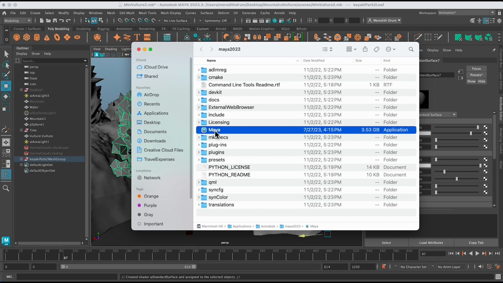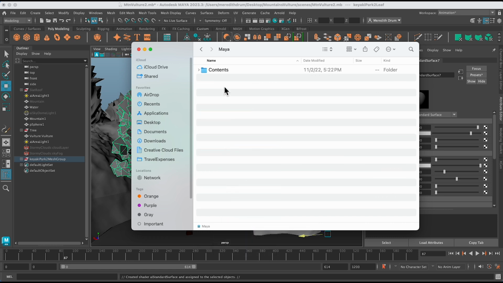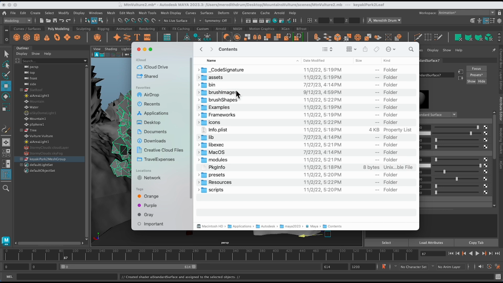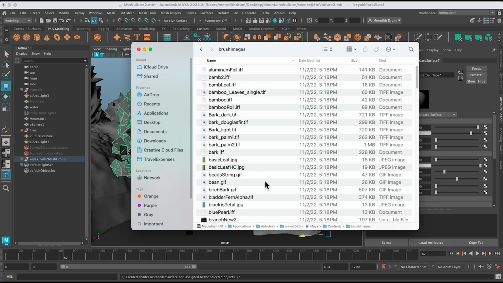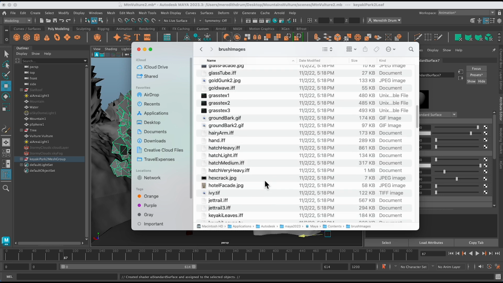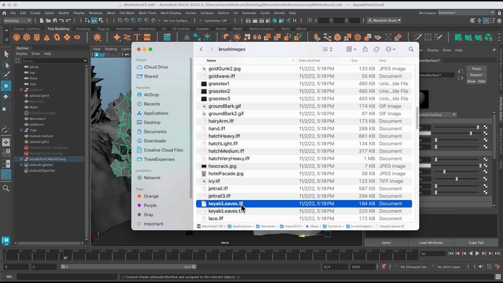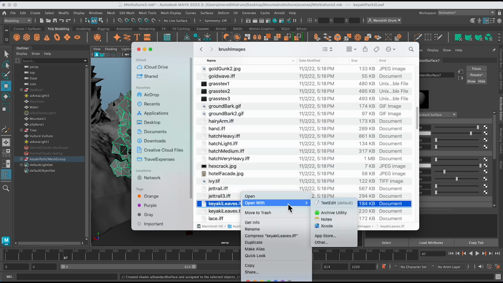The way to do that is to right mouse click. This is on a Mac, Show Package Contents, and then we can find, might be brush images, I think. And let's look for the Kia, right there. Okay, it's an IFF, which you can't see unless you open it with